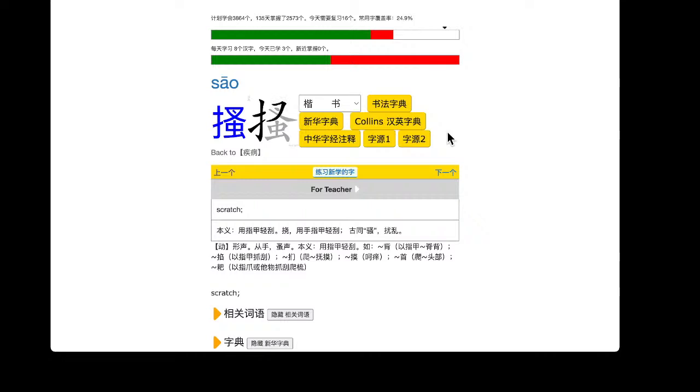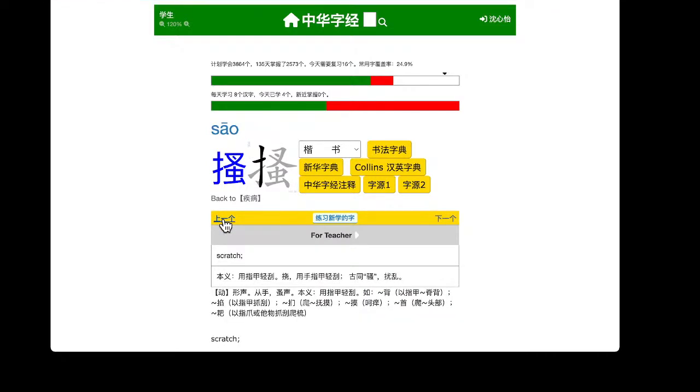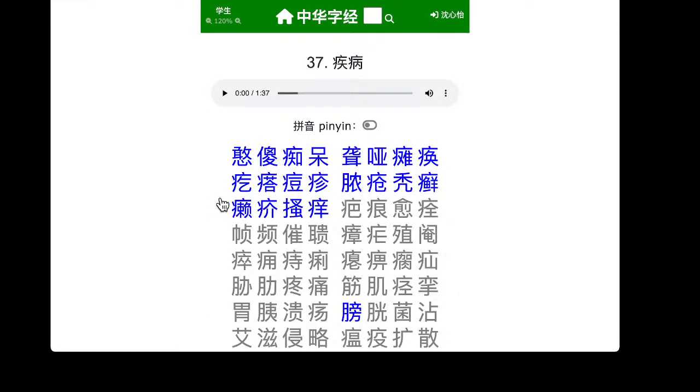Salt means scratch, so it's like, what do these diseases do? Yang means itch. Could be itch like scratching, or itch like an itch to do something, a desire to do something. What do these skin diseases do? They irritate the skin, they give you rashes, infectious, itchy rashes. You scratch them, you bleed, they get infected, it's even worse. That's what that's about. Alright, let's check out the etymologies.